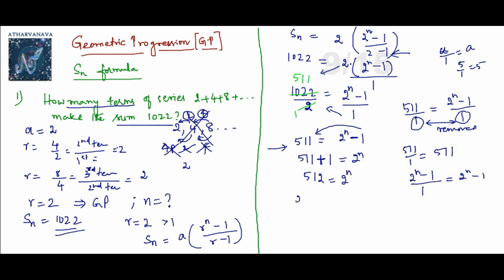Now, 2 power n, this is my subject, right? I told you that whatever you are trying to find in algebra becomes the subject. So 2 power n is equal to 512. Now our job is easy. Actually, you can solve using the prime factorization method. You can do the LCM method, anything. I prefer the LCM method, because so many of you are habituated to it. So I go with this method.